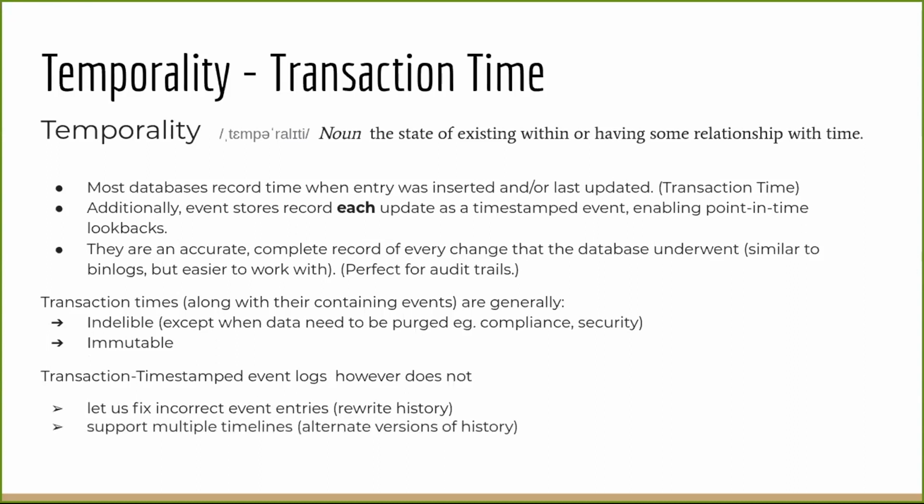Secondly, you cannot support multiple timelines. There is one and only one linear timeline that an event trail can support, provided your database only supports transaction time. And finally, you cannot write your records preemptively or retroactively, meaning that the effective business time of the record always has to be the same as the transaction time, or if it is different, the database does not intrinsically understand it. So basically, that need brings in the need for a second time dimension.